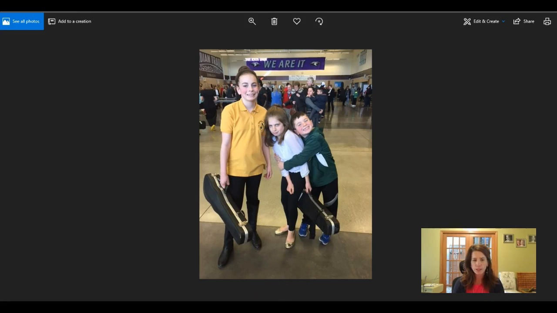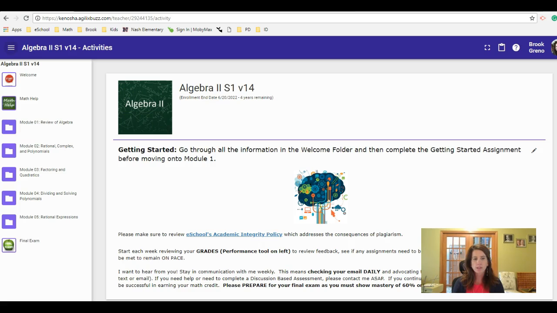So let's jump right into it. Let's take a look at your course, Algebra 2, Segment 1. This will be modules 1 through 5, as you can see over here. When you log into your course in Buzz, which contains your courses, over on the left-hand side you will oftentimes by default have your to-do list, what is due or coming up. Know that you can condense that so you can always come back to this view of all your module folders, your math help folder, and your welcome folder.